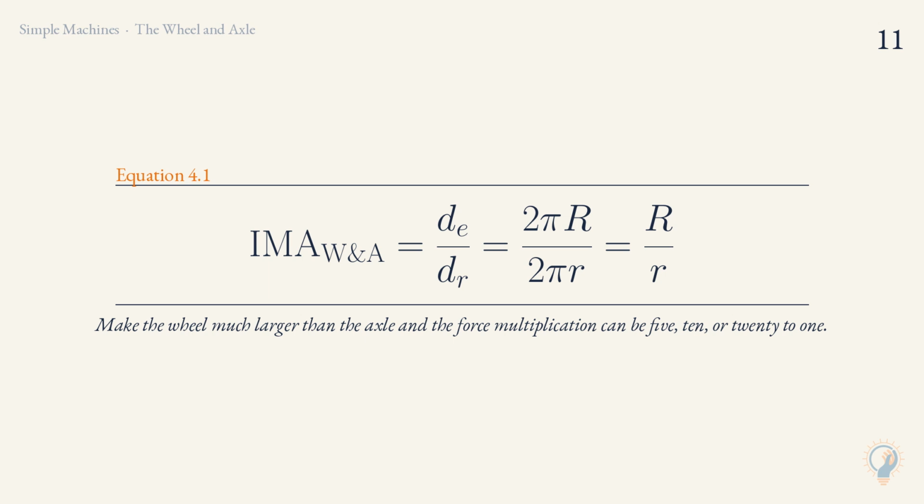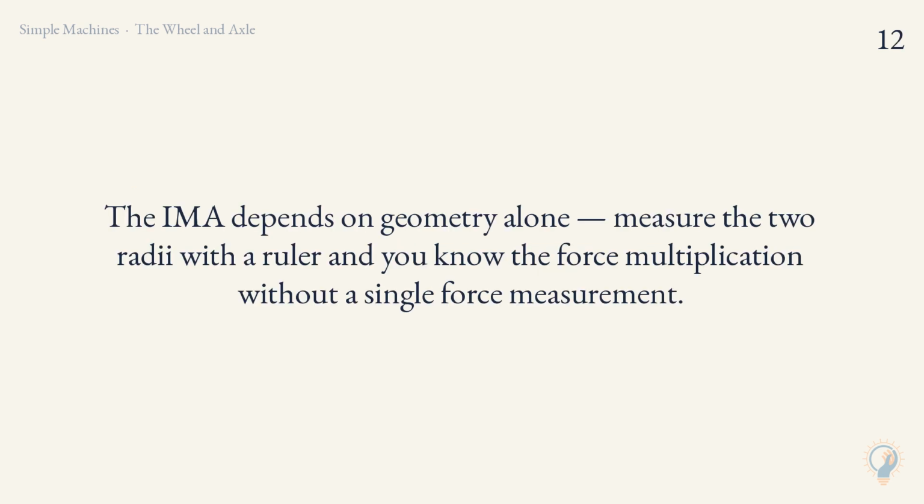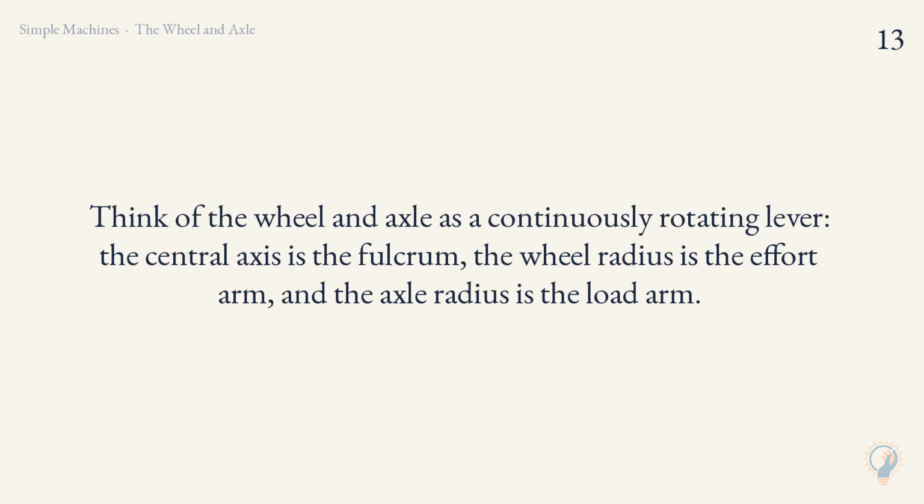Make the wheel much larger than the axle, and the force multiplication can be 5, 10, or 20 to 1. The IMA depends on geometry alone. Measure the two radii with a ruler, and you know the force multiplication without a single force measurement. Think of the wheel and axle as a continuously rotating lever. The central axis is the fulcrum, the wheel radius is the effort arm, and the axle radius is the load